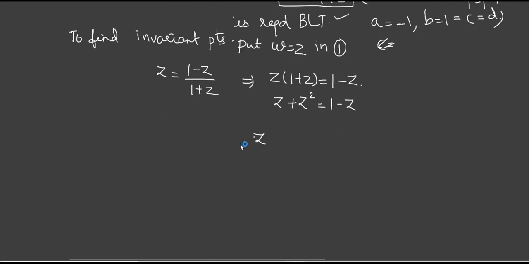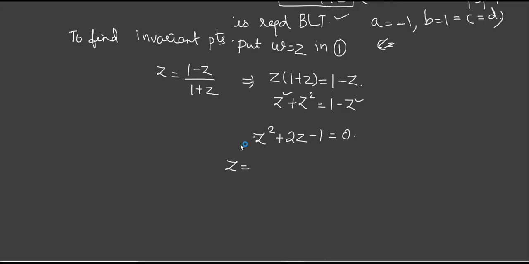Shall I cancel a Z? No, no, we cannot. Shift this minus Z here. It becomes plus Z. This Z along with this Z, what will we get? 2Z. And this one, if you shift, it is minus 1. Just you can solve it in your calculator. Else we can apply the formula minus b plus or minus and get the points.